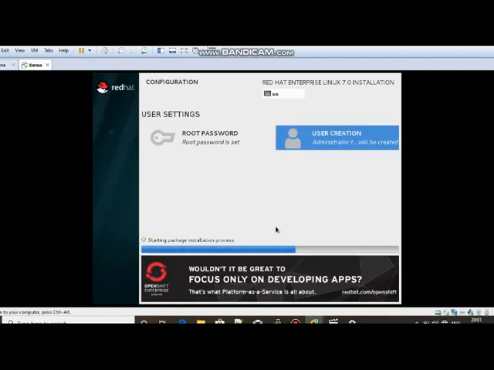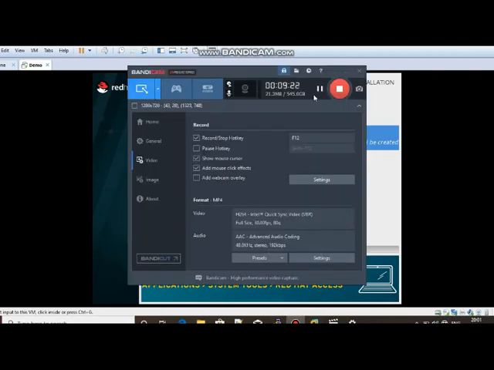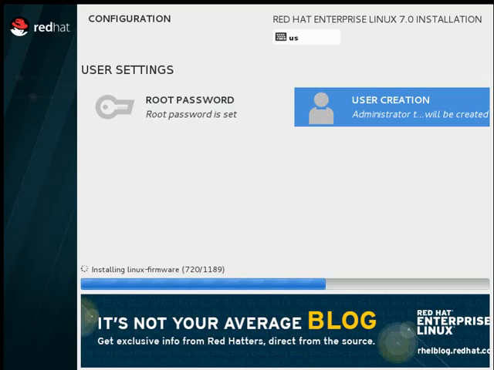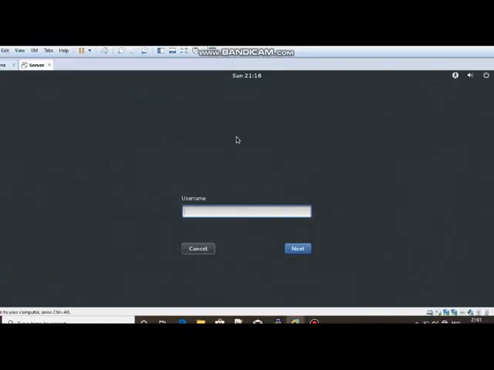It will take some time for installation. Here we have successfully installed Red Hat Linux OS on the VMware platform.